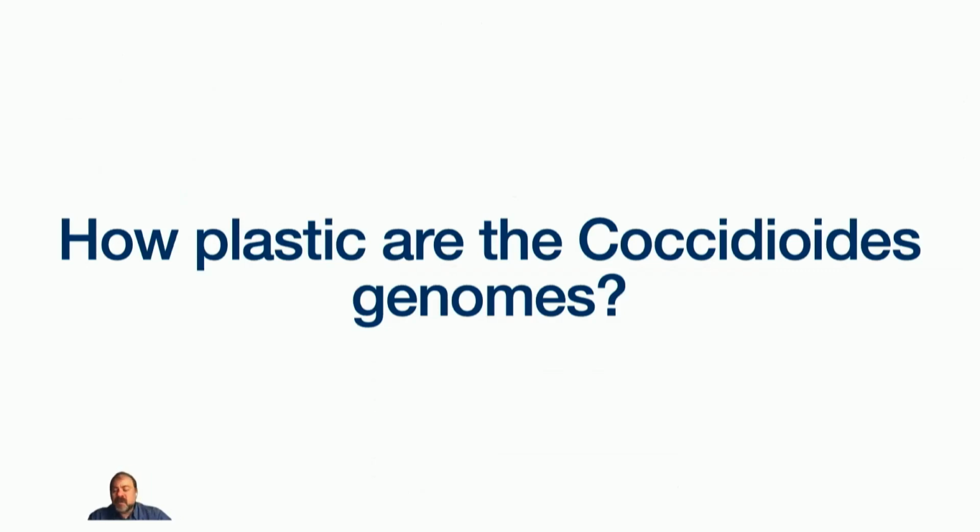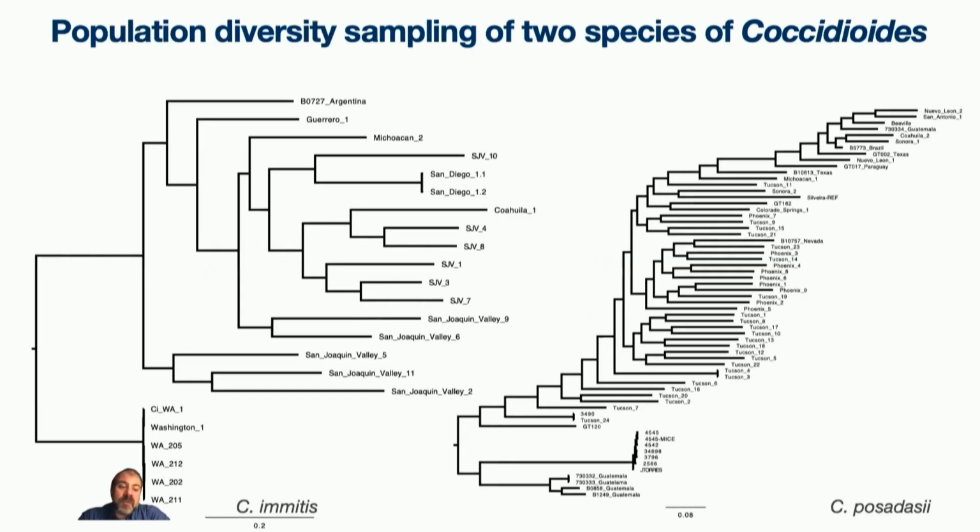So when we look at the genome across different isolates, the question is, how plastic are those genomes? How much variability is there? And so using published data sets that were generated through the CDC and NAU and TGen, we see we've had sequencing of both imidis and post-Odysseia populations, and I went in and called single nucleotide polymorphism variants in these genomes, and then built a phylogenetic tree from those to be able to represent diversity, or to see them in their diversity.